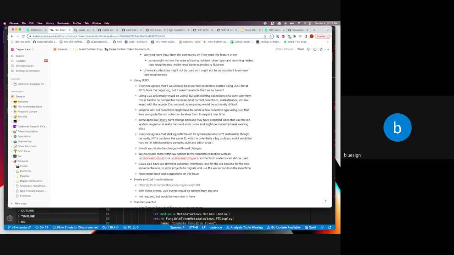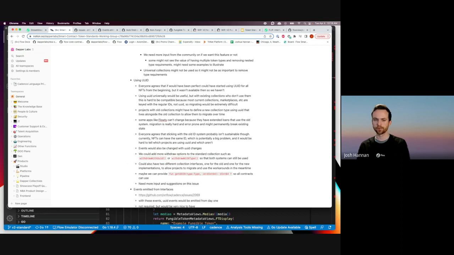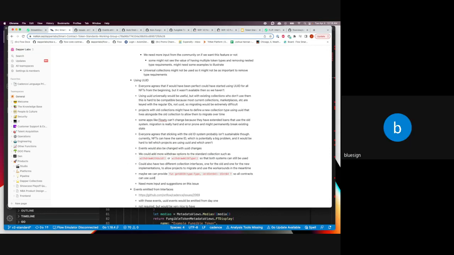Maybe we can provide some function, something like get UUID, which you give type and ID, and it returns the UUID. So we can index before the Spark and put it on chain, and the old contracts can update to use this get UUID function somehow. You said we could provide it before the stable Cadence? Yes, we can index before the Spark and put it on chain, maybe on the service account or some other account,